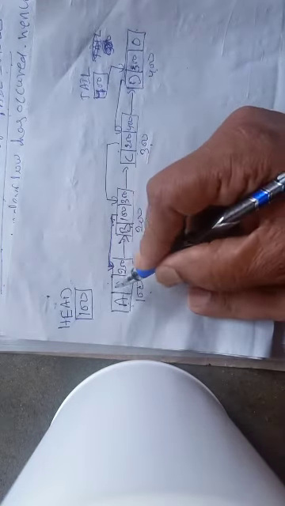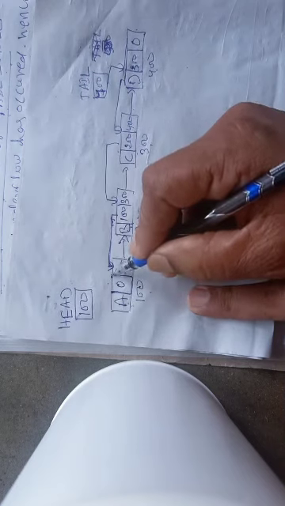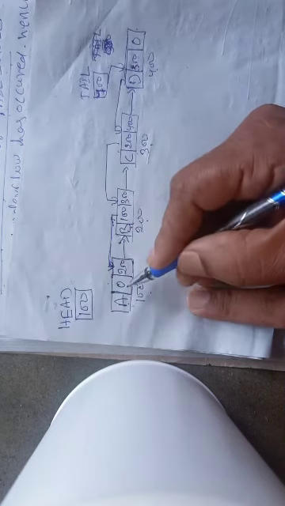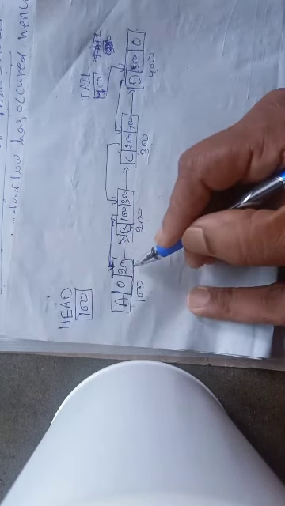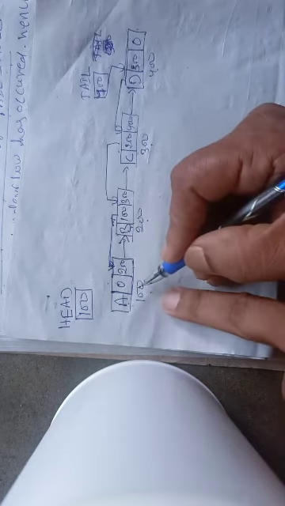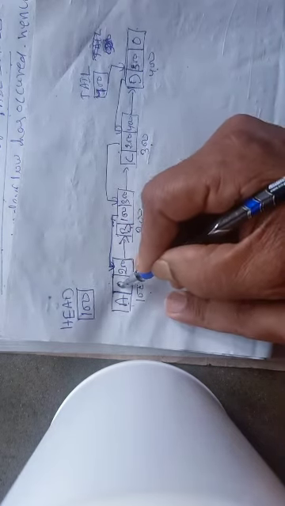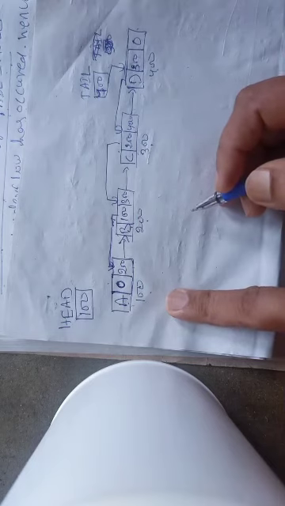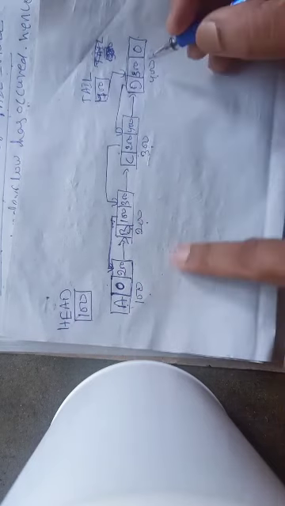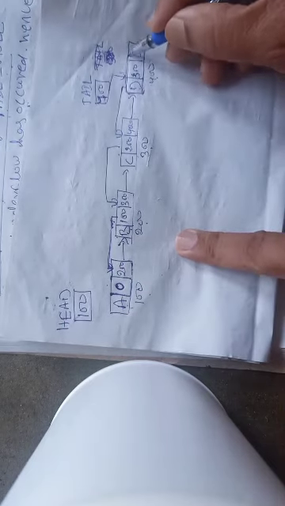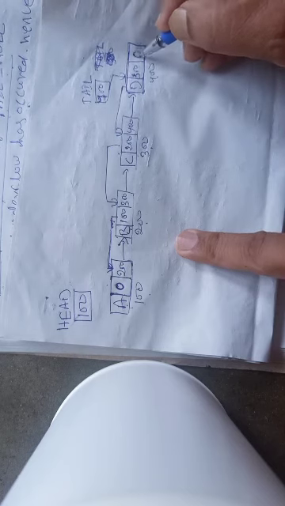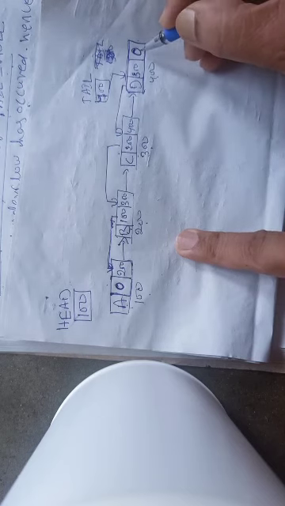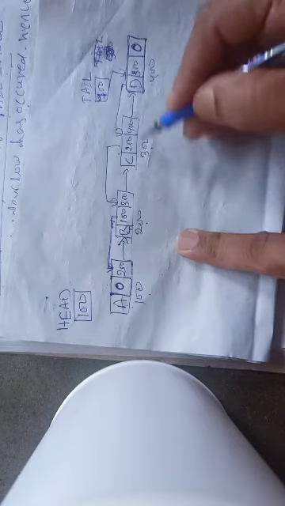But every node has two pointer fields. The first one is the previous pointer field, and the second one is known as next. So the first one points to the previous node, the second one points to the next node. Now since this is the first node, its previous field contains 0, or you can call it null. And since this is the last node, whose address is 400, its next field contains 0 or null. And all other nodes contain some addresses.